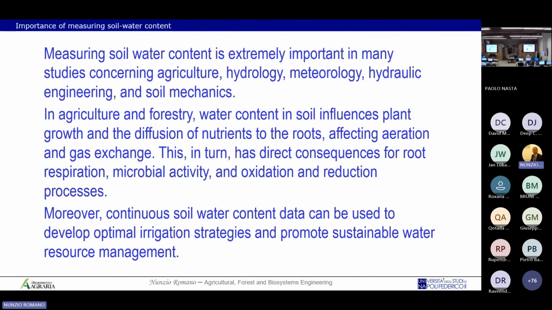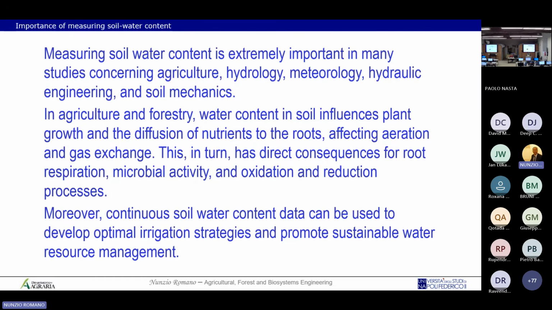So why are we interested in soil water content? We are interested because it's a state variable. You know, in physics, state variable means that it gives us an idea of the status of the system. So it's important not only in agriculture and hydrology, but also in meteorology, in hydraulic engineering and soil mechanics. Soil mechanics, especially during the next decades,